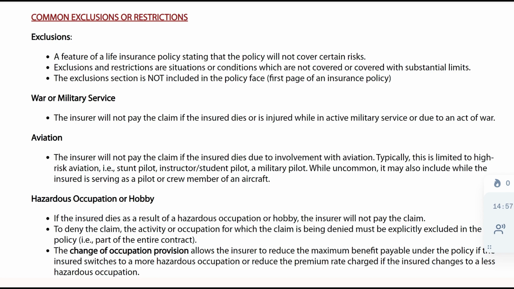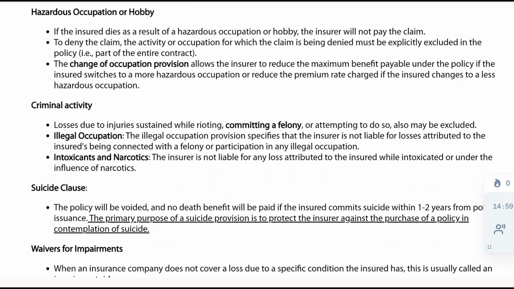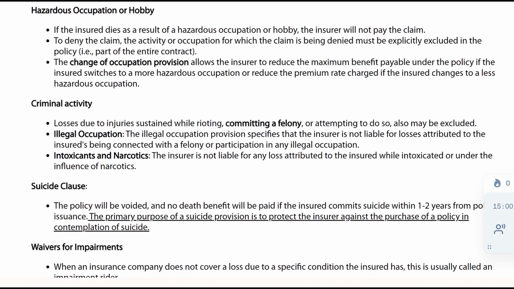Hazardous occupation or hobby. If the insured dies as a result of a hazardous occupation or hobby, the insurer will not pay the claim. To deny the claim, the activity or occupation for which the claim is being denied must be explicitly excluded in the policy, that is, part of the entire contract. The change of occupation provision allows the insurer to reduce the maximum benefit payable under the policy if the insured switches to a more hazardous occupation, or reduce the premium rate charged if the insured changes to a less hazardous